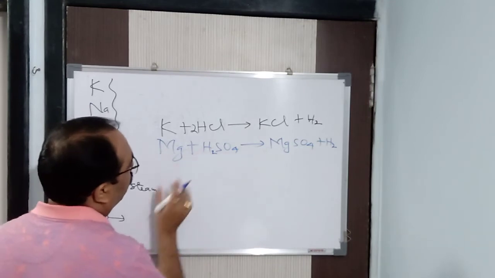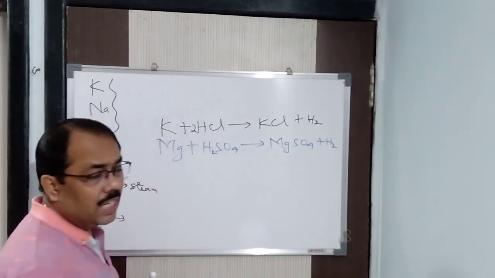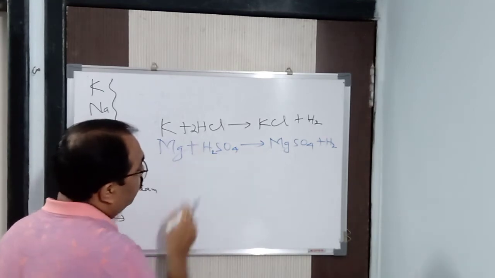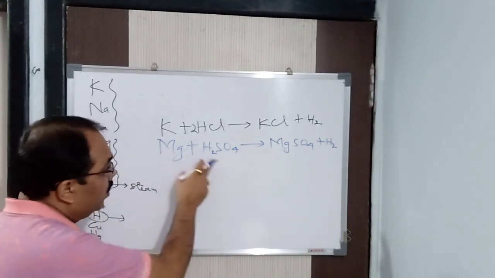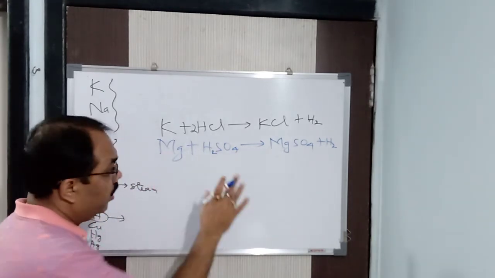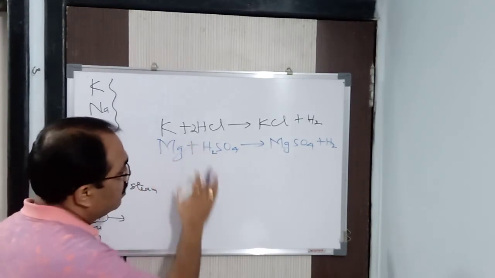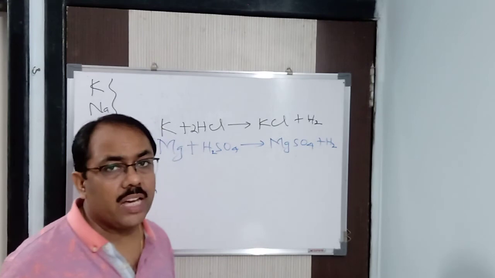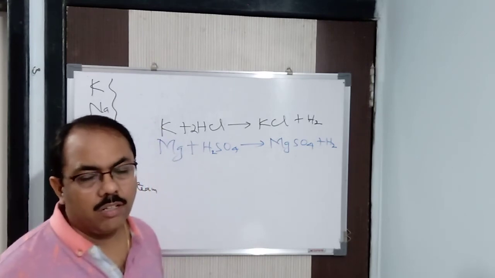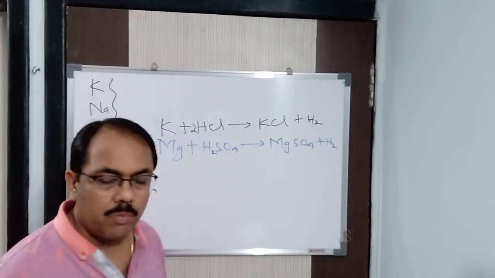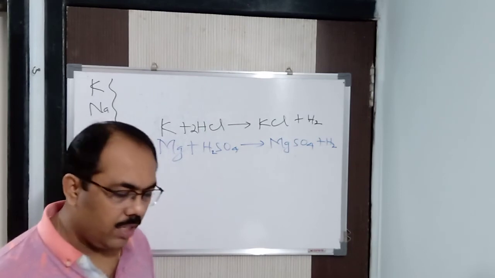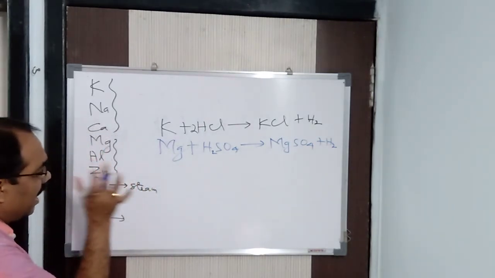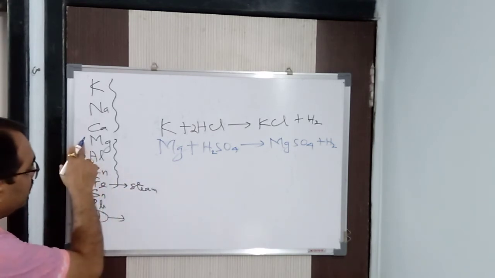Here also the same thing: you may get sulfur dioxide gas. If you take concentrated sulfuric acid, which is not the case here, I told you already, it is dilute, then you will get sulfur dioxide gas, because concentrated sulfuric acid also acts as an oxidizing agent. It will give you nascent oxygen, and water also will be produced in that case instead of hydrogen gas. So generally we take acids to prepare hydrogen with the less active metals.